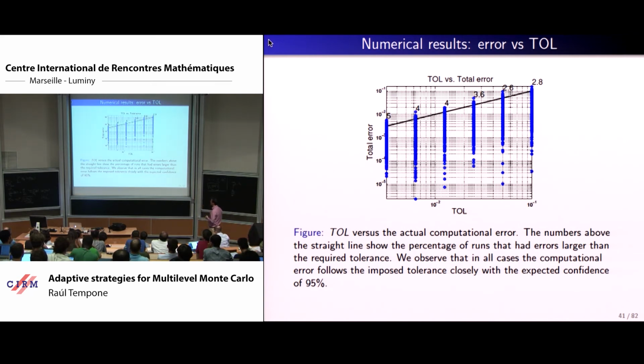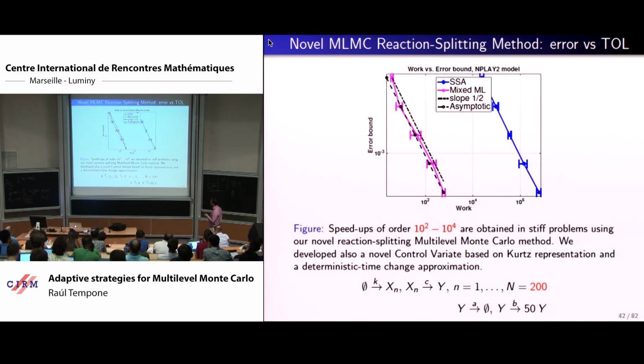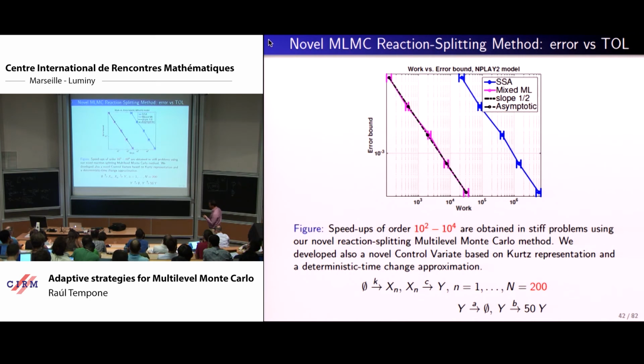So, depending on the problem, you can have different types of gains. I'm not going to discuss this too much, but you can go above 10, of course. I mean, you can get 10 to the 4, things like that. But the plots look like this always, right? You're improving the constant. You're not improving the rate. The rate was optimal to begin with, right?